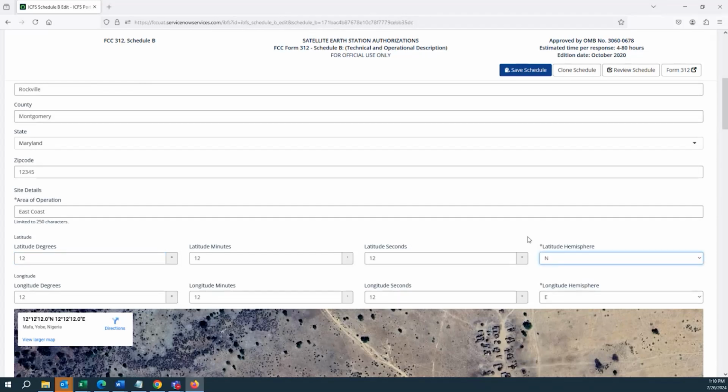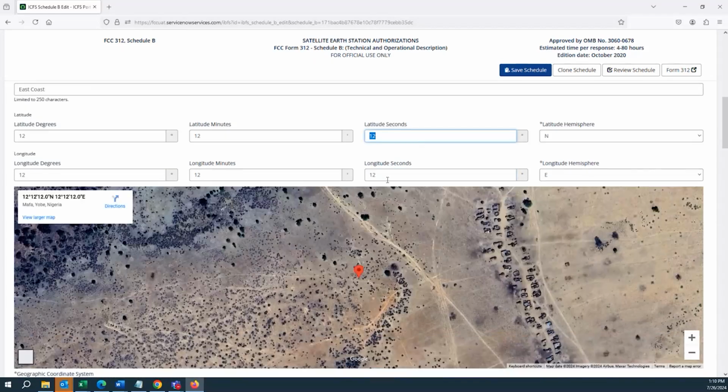It is optional if you selected another type of station besides the ones listed as options. But here you enter your exact site coordinates, and also the hemisphere. So you're going to enter the longitudinal degrees, minutes, and seconds, plus the hemisphere.